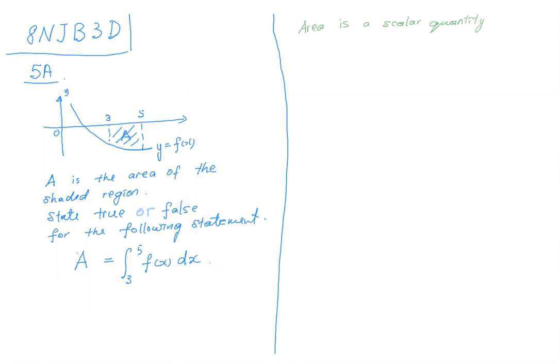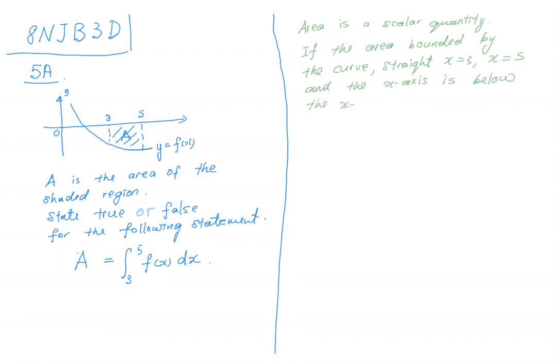Another thing I have to know: if the area bounded by the curve, the straight lines x equal to 3, x equal to 5 and the x-axis is below the x-axis,